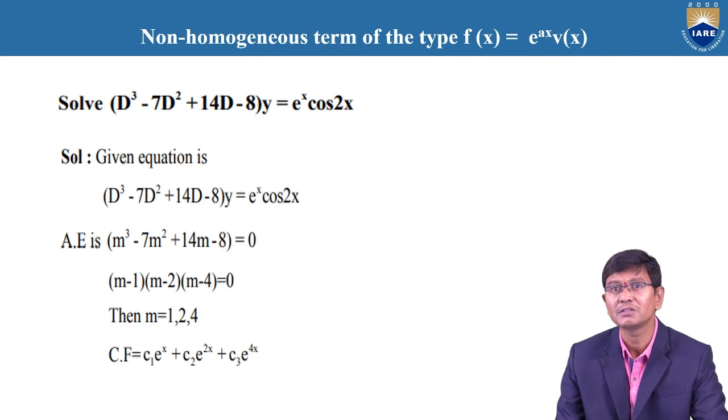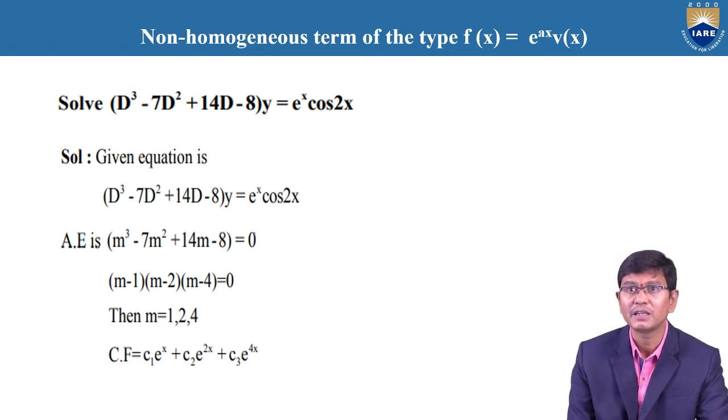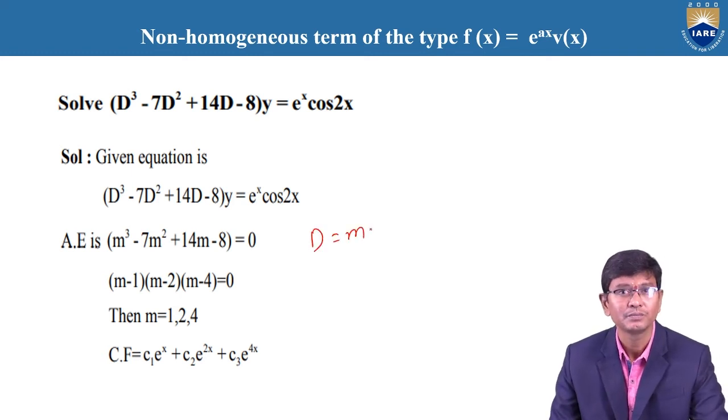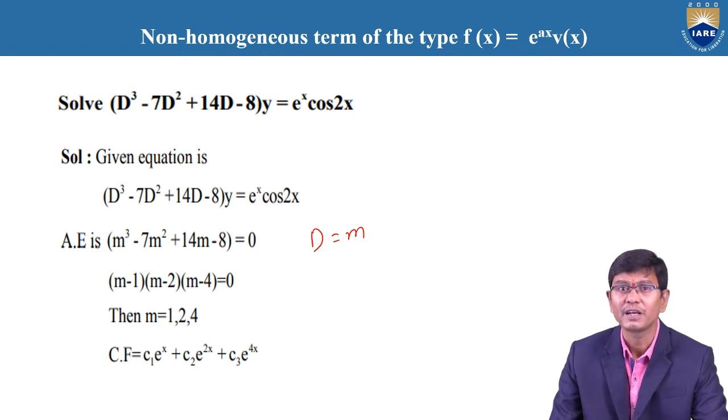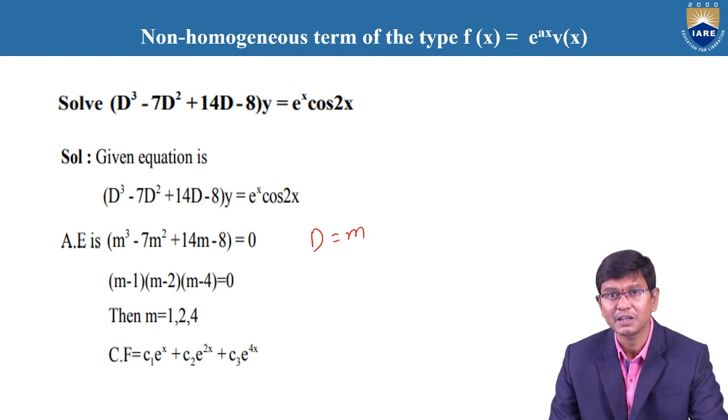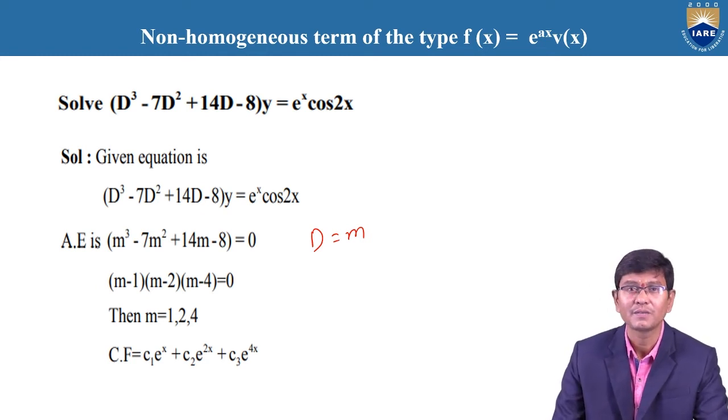And once again, we need to write the auxiliary equation. For that, we replace D with m in the given differential equation. Here you obtain that the equation is m cube minus 7m square plus 14m minus 8 equal to 0, which is a cubic. By solving it using the factorization method, synthetic division method, or any other method,